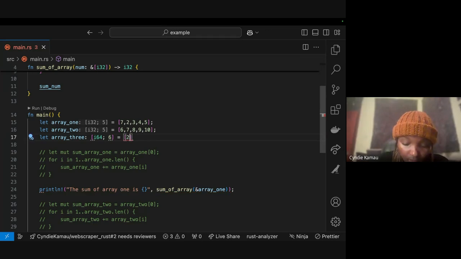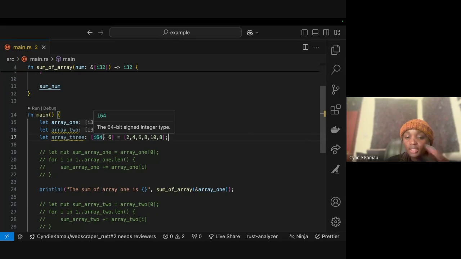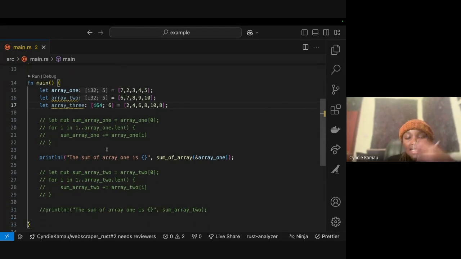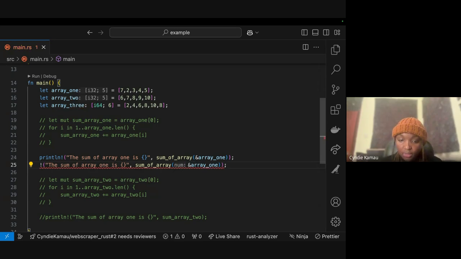Let me say it's 2, 4, 6, 8, 10. So I now have 3 arrays. One is of type I32 and another is of type I64, the 64-bit integer. Let's copy this and try to implement it, and then we see the error we're going to get.